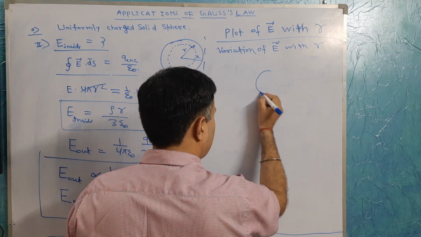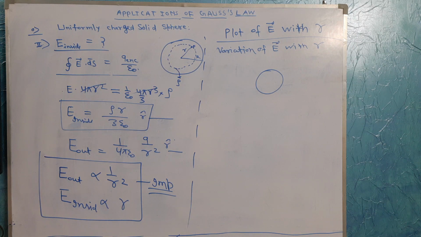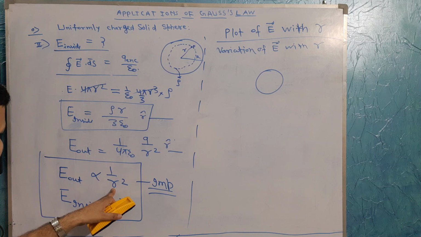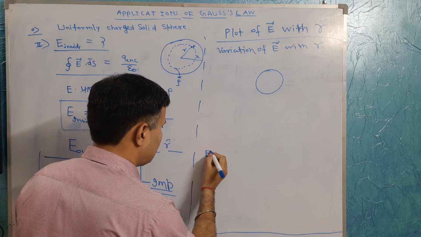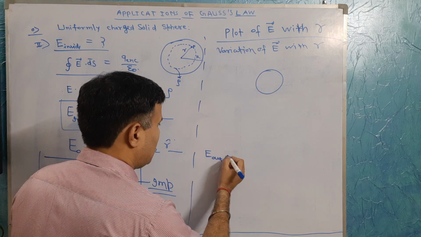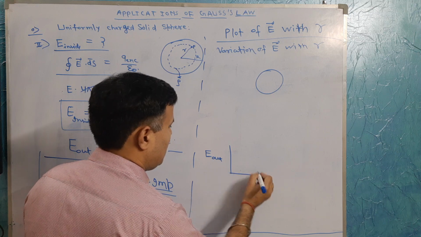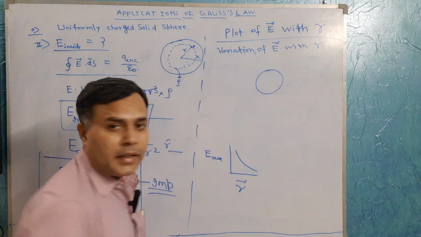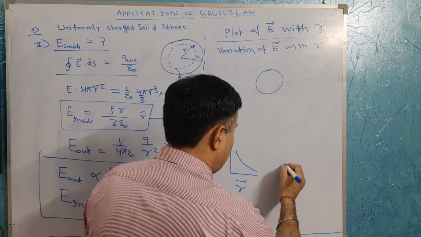So this is our sphere. If you plot it separately, what is the profile? The electric field outside is simply, with r on this axis, 1 by r square, and for inside